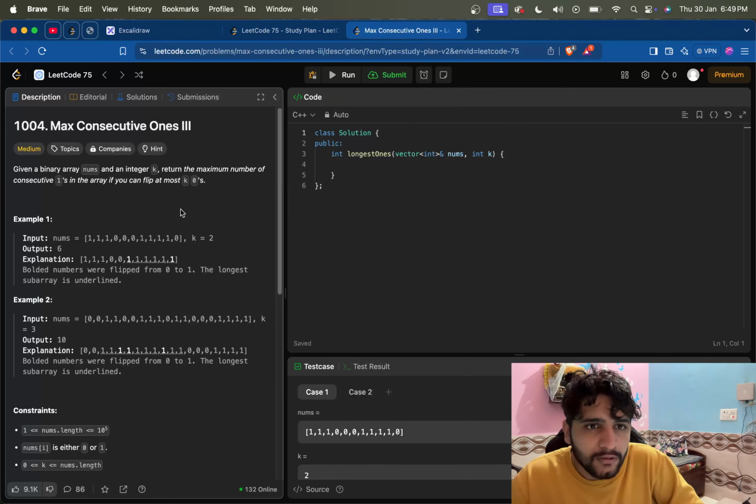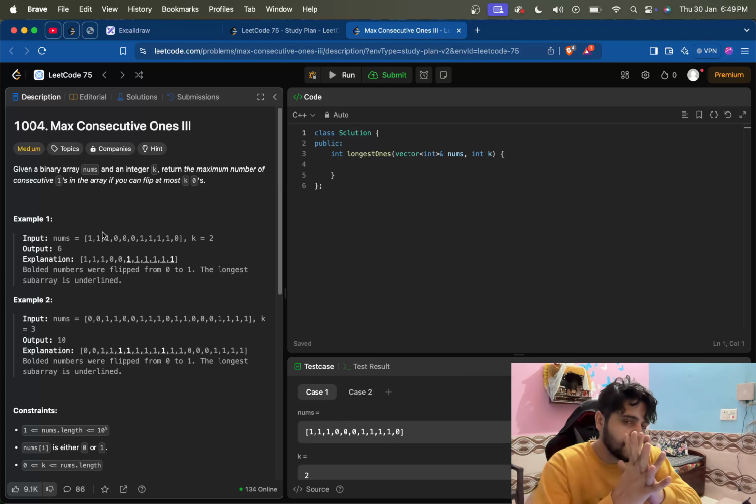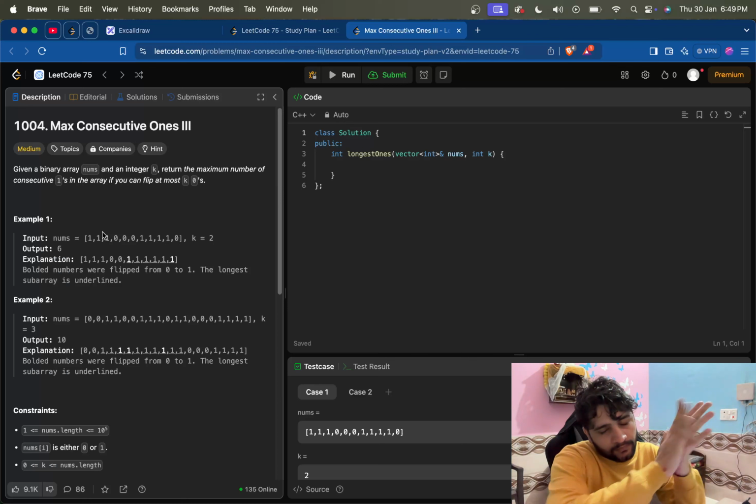So maximum consecutive ones, third part. Given a binary array nums, so binary array, only 0 and 1s are there, and the integer k is given. Return the maximum number of consecutive ones in the array if you can flip at most k zeros. At most k zeros को हम 0 से 1 flip कर सकते हैं, तो 1 की longest length क्या हम पा सकते हैं वो बतानी है हमें। ठीक है,